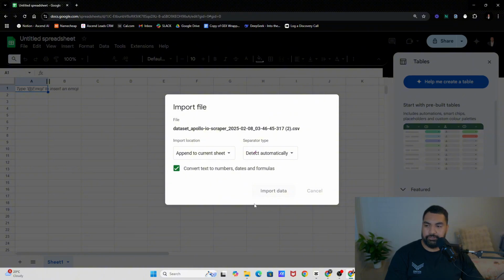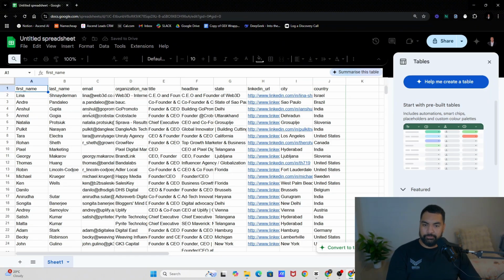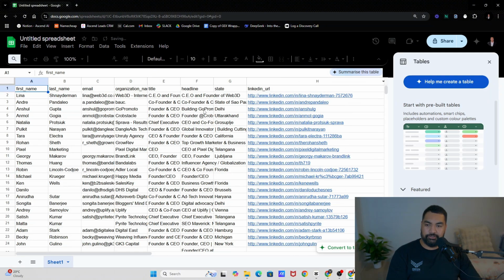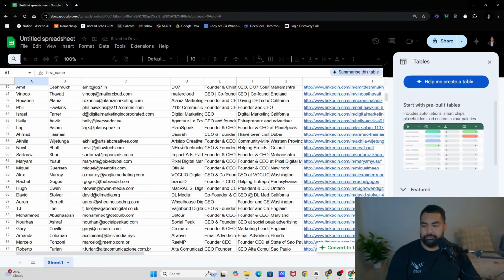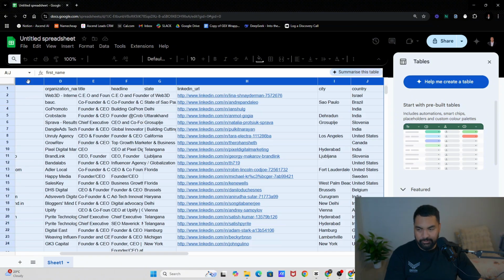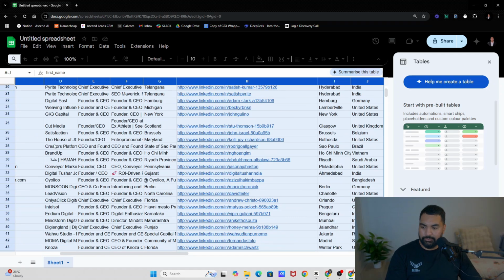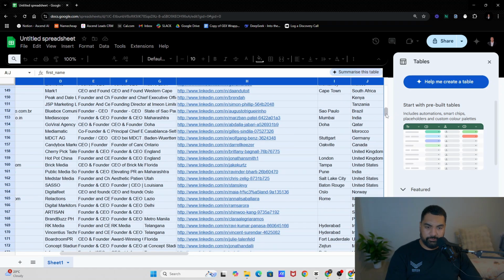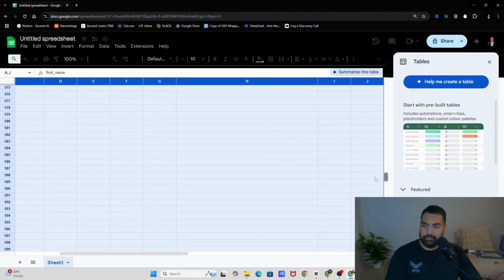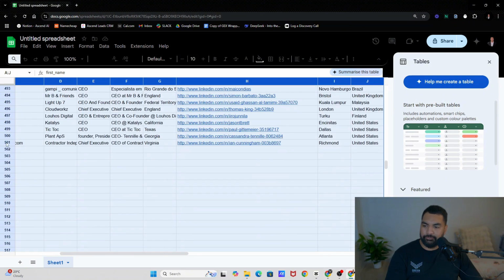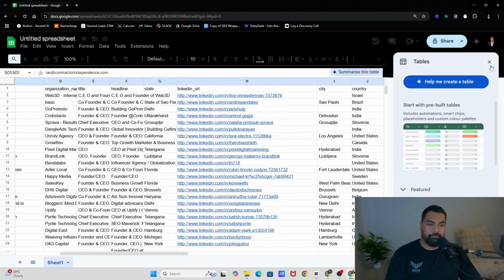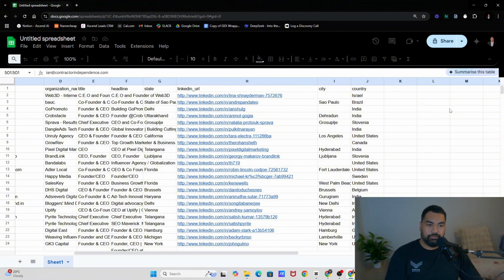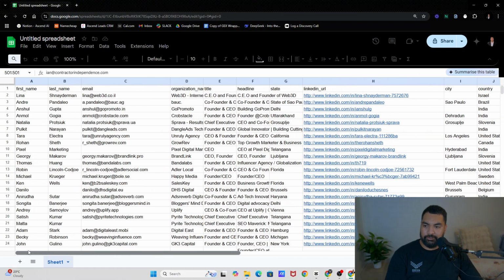then import the data. And so what we have here is a beautiful list of founders and CEOs of digital marketing agencies. And I believe there is about, how many is there? Yeah, okay, yeah. So, yeah, a lot. Yeah, 501. Well, it's probably counting the headings there, but you get the point. And here we have, sorry, I'll just get rid of this. Yep, so we've got our beautiful list